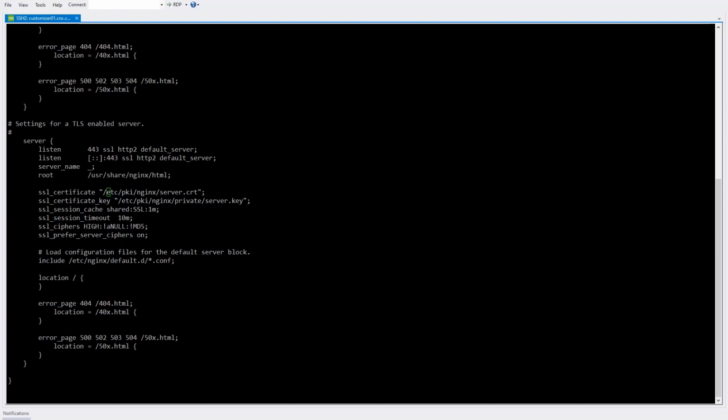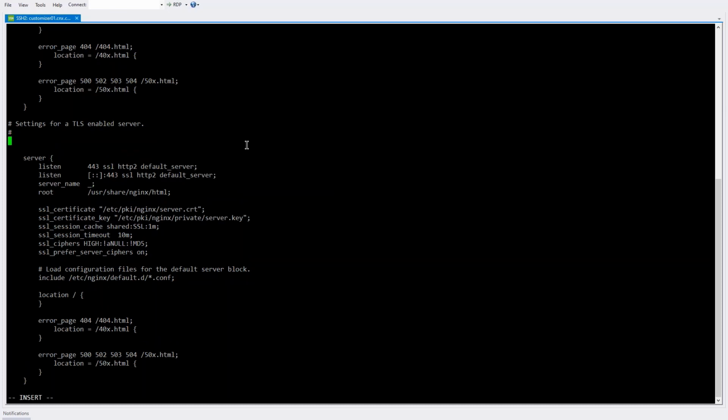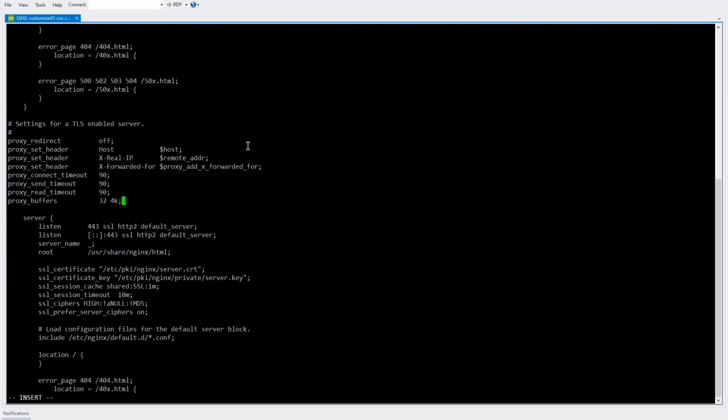There are some proxy directives that we need to insert. These are in the standard documentation. I'm going to copy and paste them prior to the server block here. And